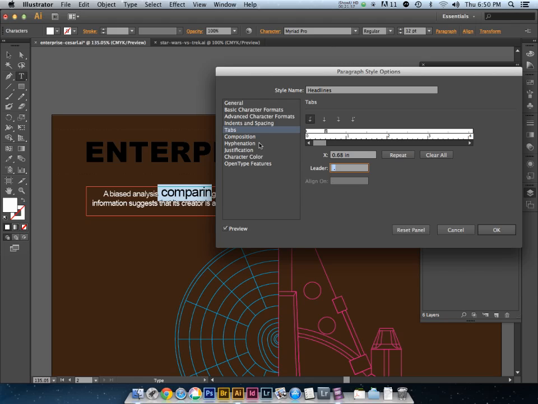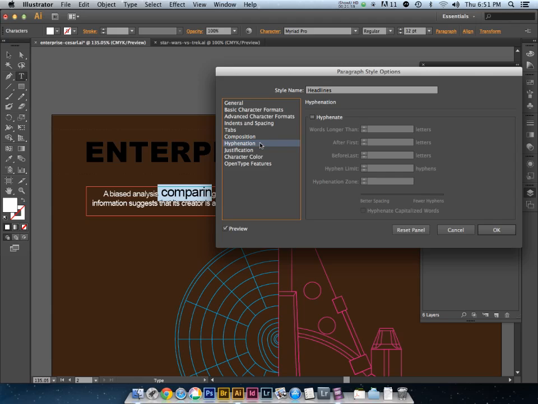Let's go ahead and skip down to hyphenation. Really getting advanced here. Hyphenation is, obviously, you can have a lot of granular control as to how often Illustrator will add hyphens to the end of your lines. Right? You know that when text is running across a page, it automatically does word breaks, and sometimes it leaves a hyphenated word. Well, using all of these options, look at this, you can do hyphens, words longer than 12 characters,